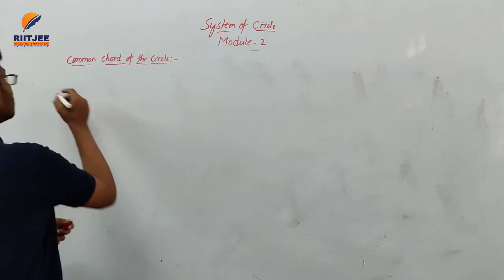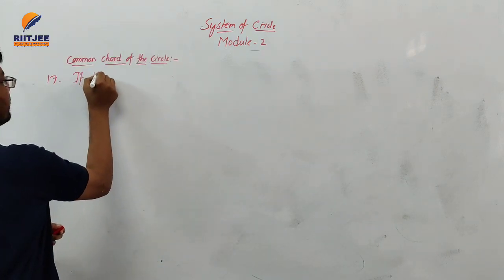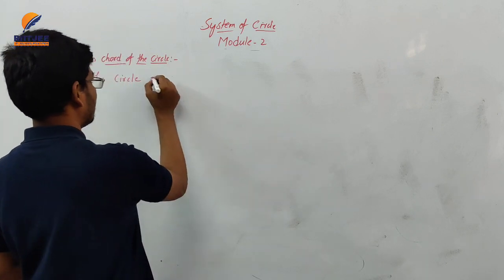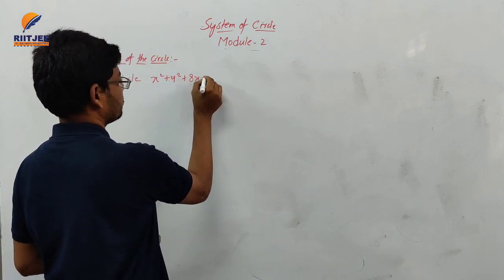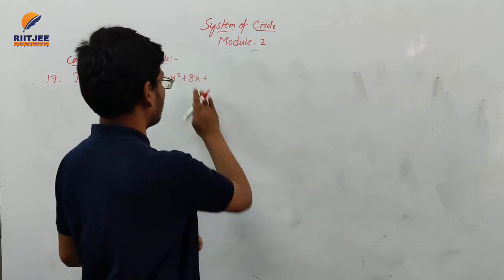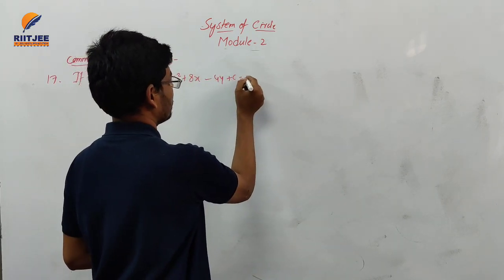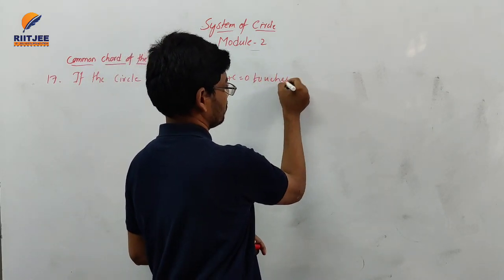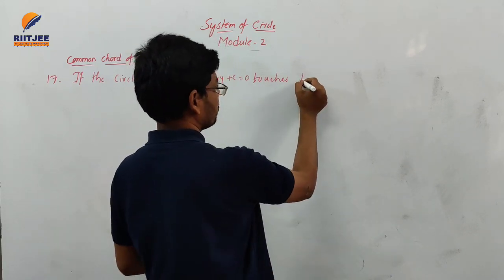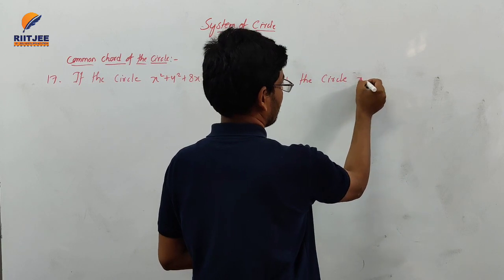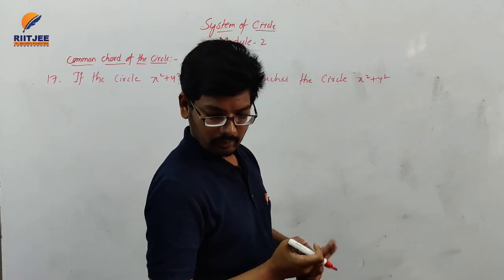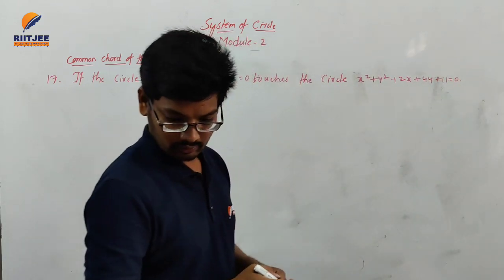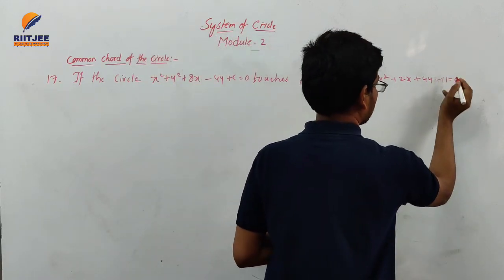Question number 17: if the circle x square plus y square plus 8x minus 4y plus c is equal to 0 touches the circle, one more equation, x square plus y square plus 2x plus 4y minus 11 is equal to 0, externally,